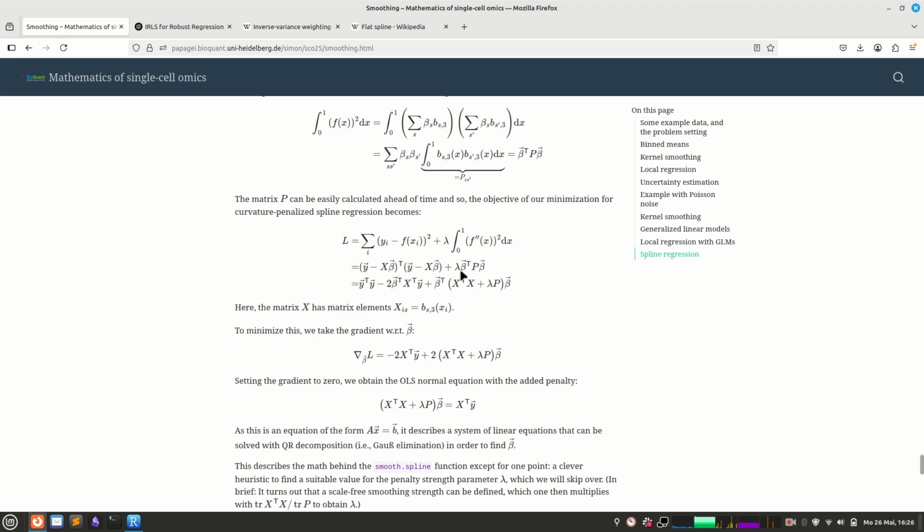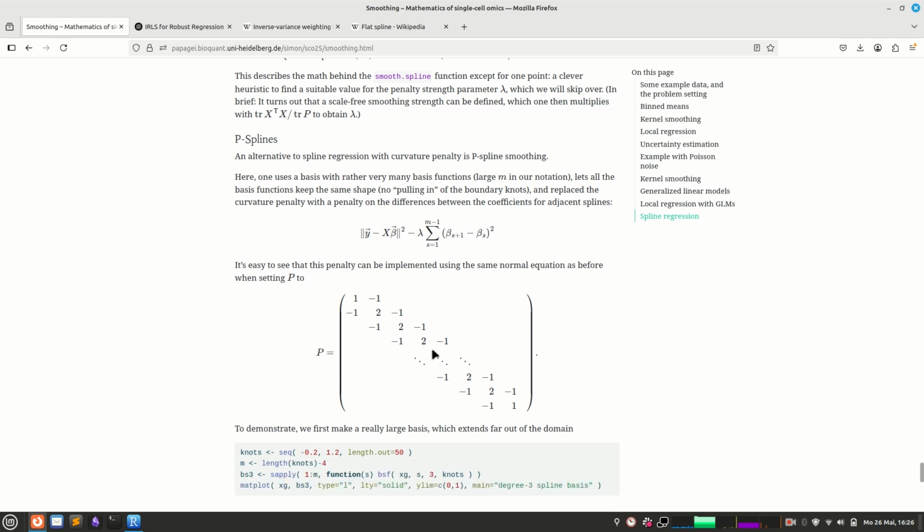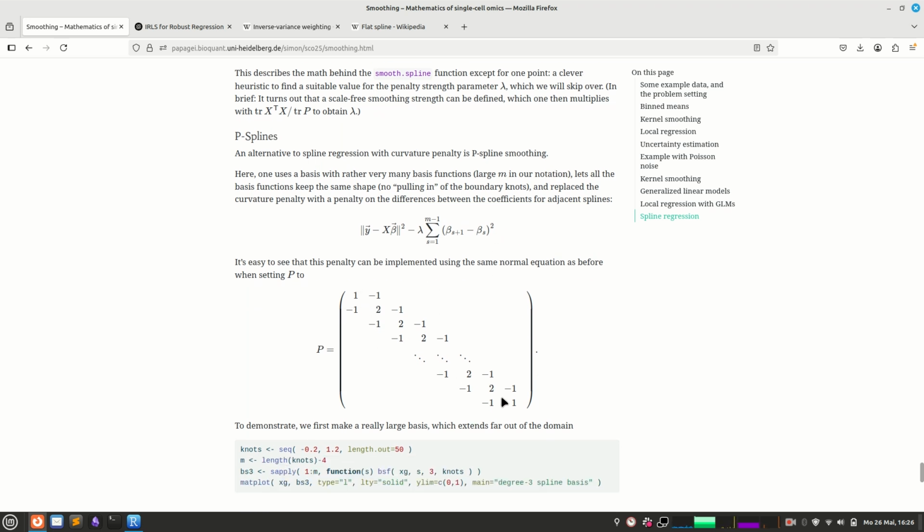This quadratic form, beta times P times beta, I can write this penalty in that form. And I do this by using this matrix here as P, because if you put a beta here and a beta vector here, you see that you always get something like beta 2 minus beta 1, beta 3 minus beta 2, beta 1 minus